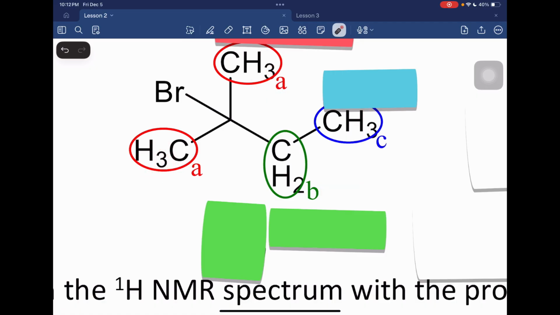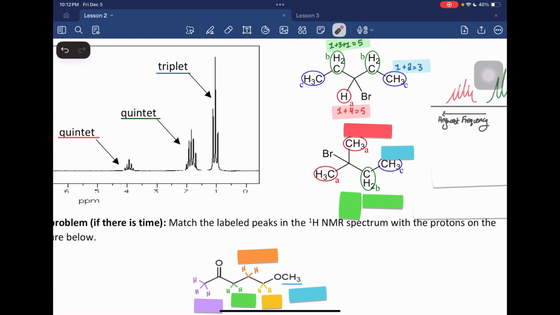Yeah, no, okay, sorry. 1 plus just 3, because keep in mind that carbon is right here. This carbon has no hydrogens attached to it. So we don't use this because this carbon is attached to this carbon first, not directly that carbon. So the only neighbor this one has is CH3. So 1 plus 3 equals 4, which is a quartet, and either way we know that that has to be